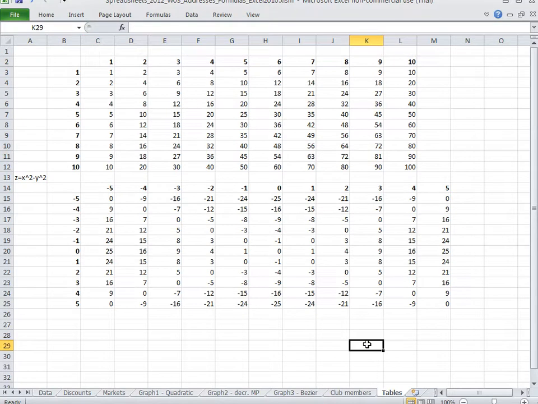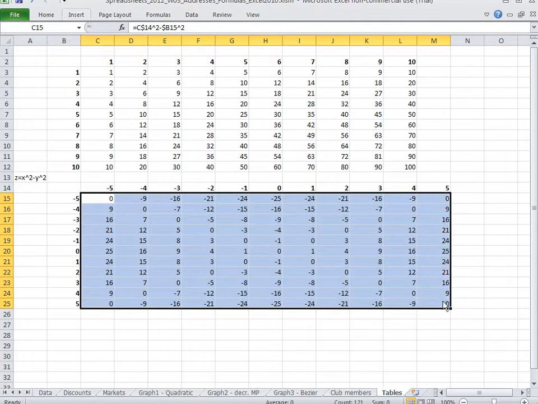Since these here are z values, actually Microsoft Excel has what is called a surface chart. So all we need to do is select the numbers themselves. We click on insert, and now